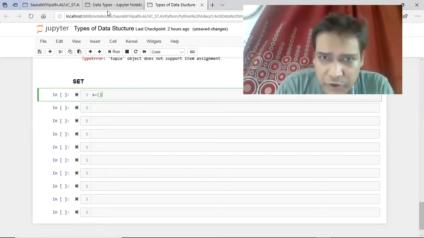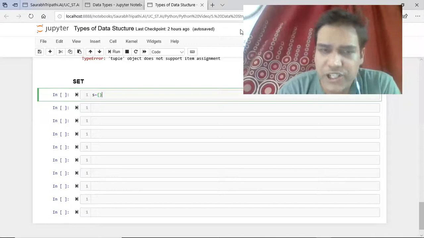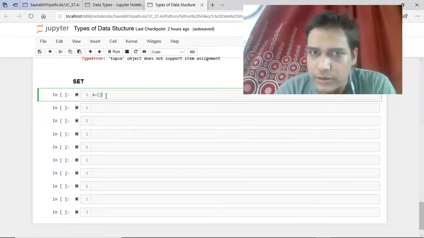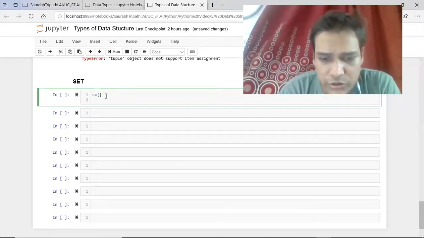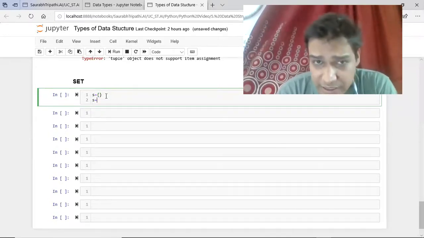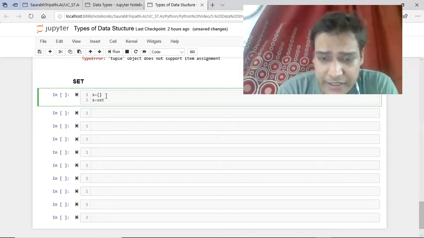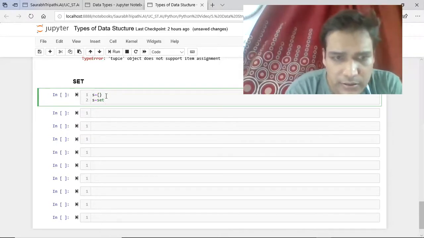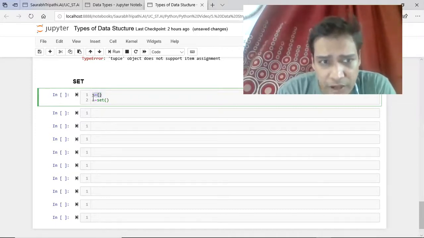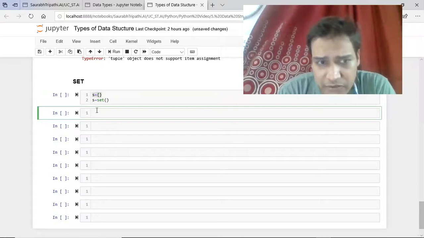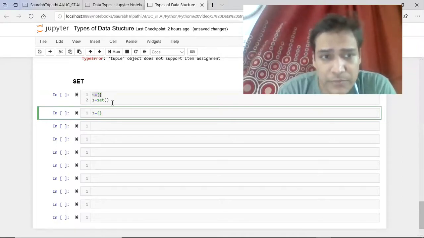Let us start with set first. To initialize a set, we put curly brackets. Another method is to use the set function. Both are genuine methods.